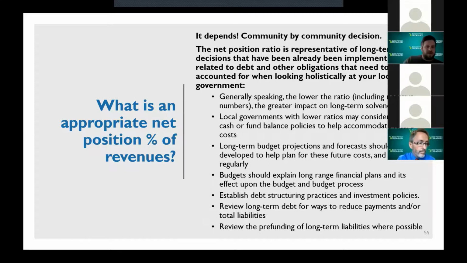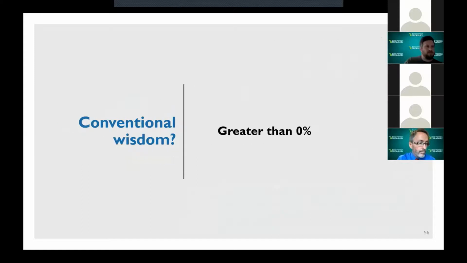The reason for negative numbers is largely in part due to requirements implemented as part of GASB Statements 67, 68, 74, and 75, which require that pension and OPEB liabilities be included in your local government's audited financial statements. Next slide, please. So conventional wisdom says that any number greater than 0 is generally a good thing. So with that said,